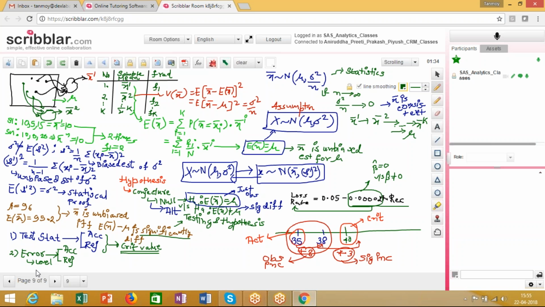People who are into analytics and who are working in analytics, you'll hear a lot of them talk about this concept of level of significance, and they talk about p-value. And the second concept that we will talk about is